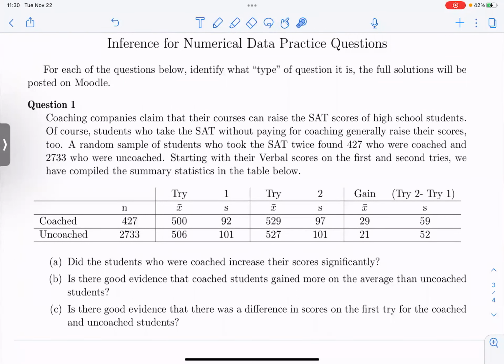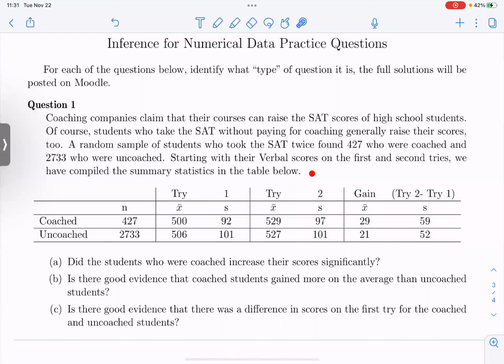And so coaching companies claim that their courses can raise the SAT scores of high school students. Of course, students who take the SAT without paying for coaching generally raise their scores too. A random sample of students who took the SAT twice found that 427 who were coached and 2,733 who were uncoached. Starting with their verbal scores on the first and second tries, we've compiled the summary statistics